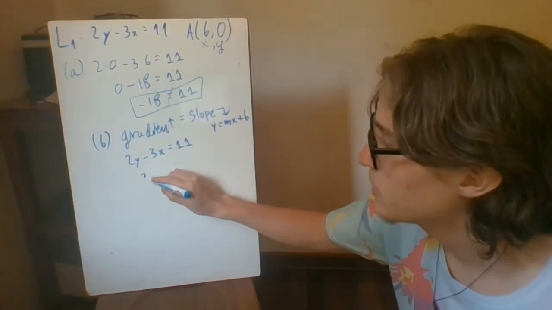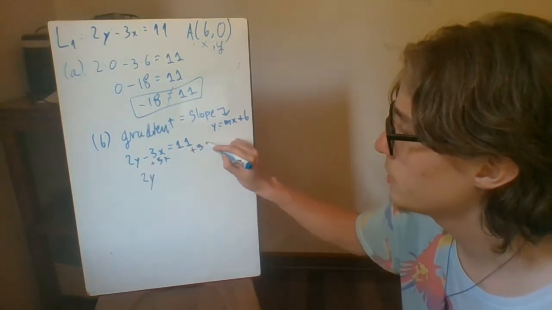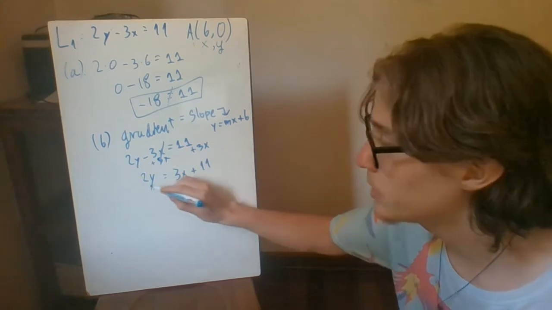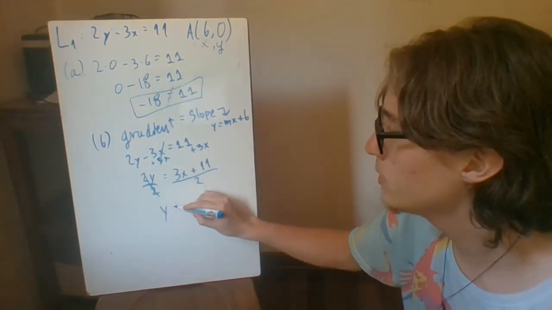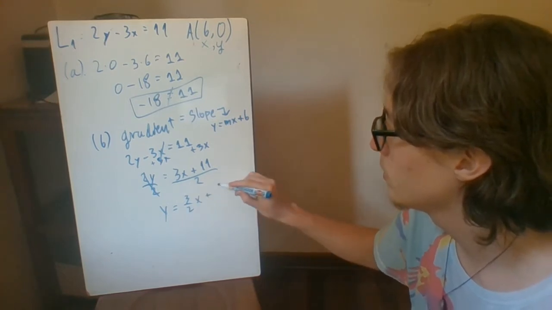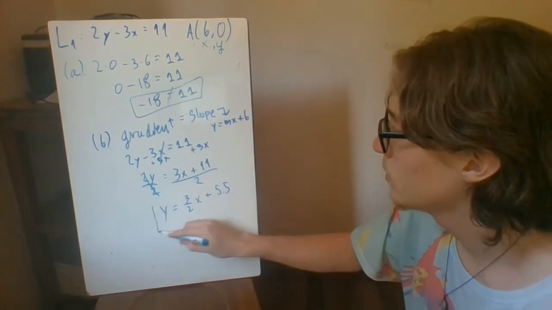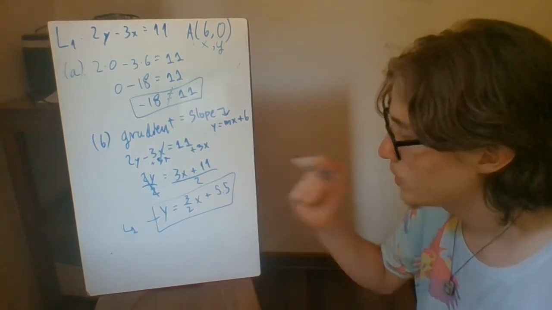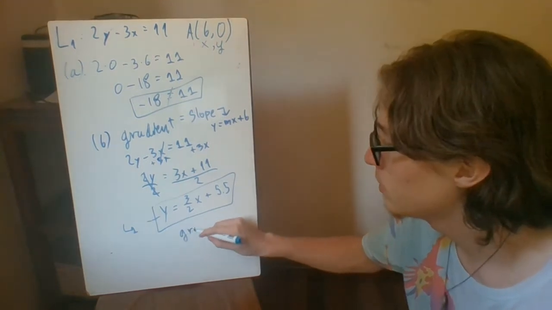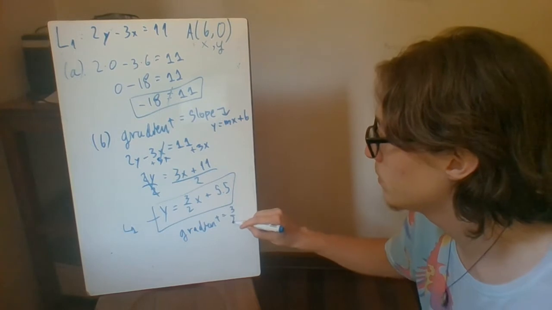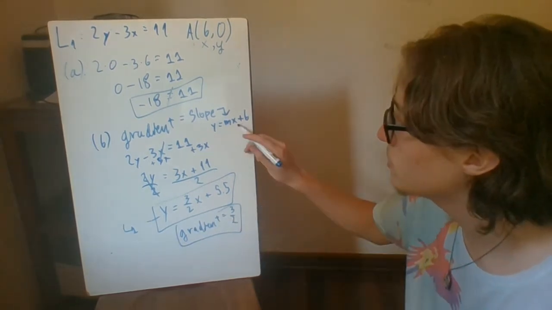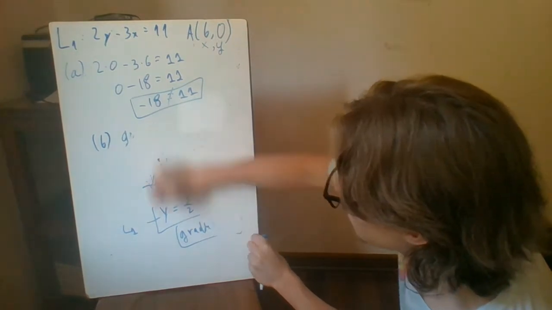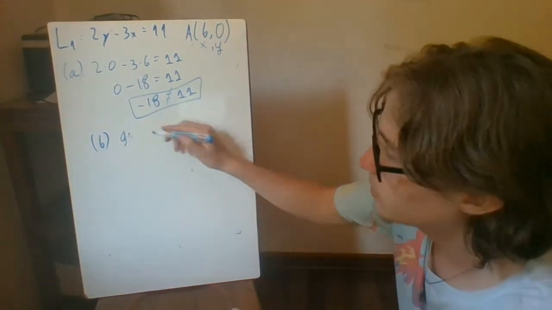So leaving y alone, adding x to the other side, then dividing by 2, we end up with this line right here. This is the same as L1, but we just played around with the values a little bit. Of course, the slope or the gradient is going to be 3 over 2. And I insist, you can only conclude this if you lead it to the y = mx + b form. So for part B, we say that the gradient